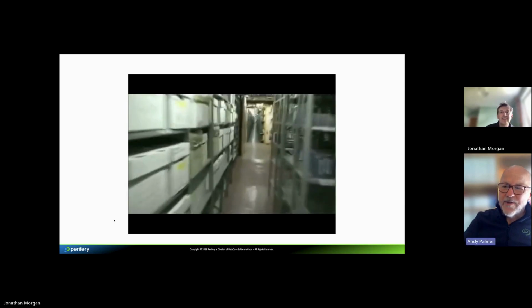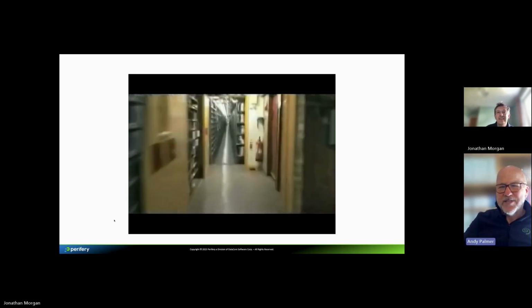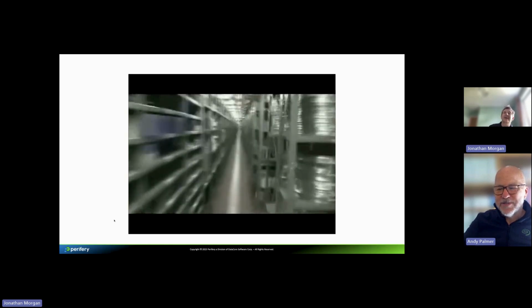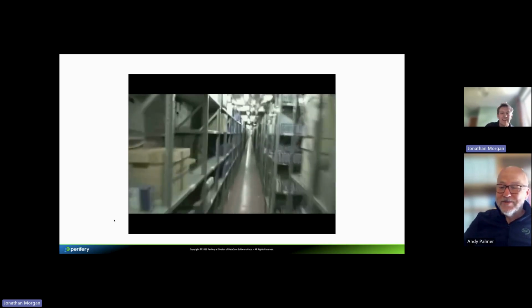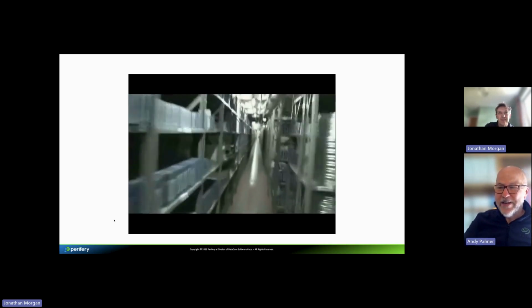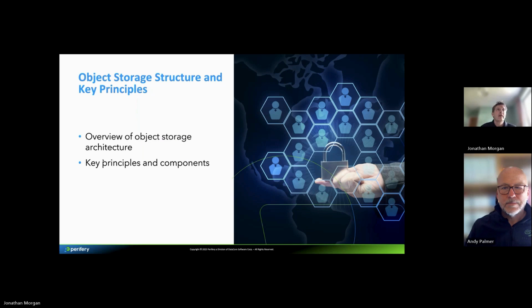It's funny, isn't it? It's quite amusing now, but that was cutting edge technology when it was first created. And what we're doing now, maybe that will be looked back at and people will say, wow, so far advanced. So here we come on to our discussion about object storage